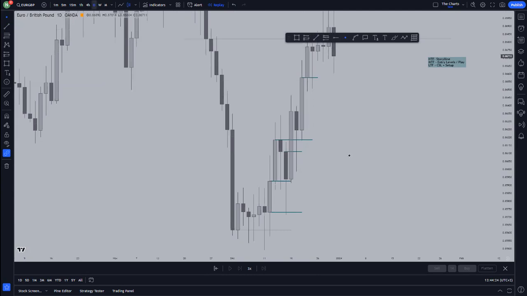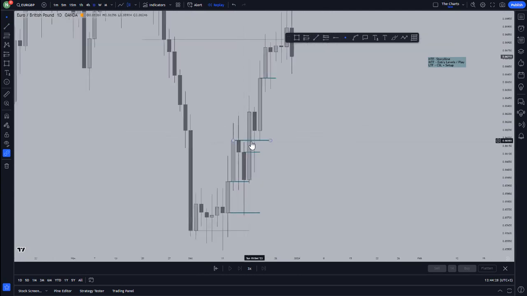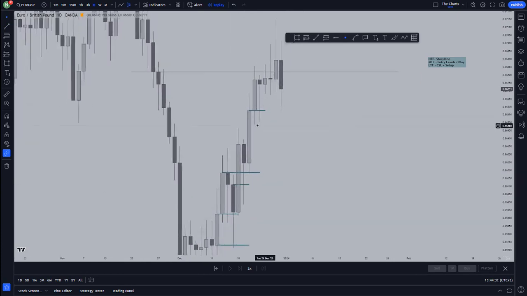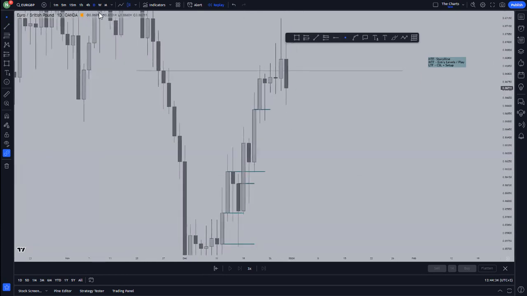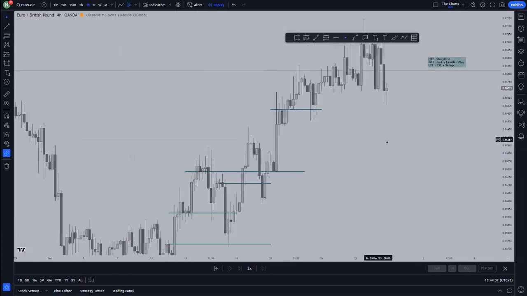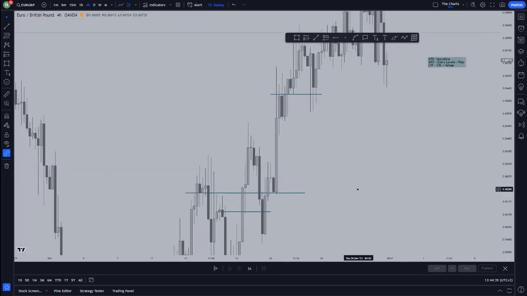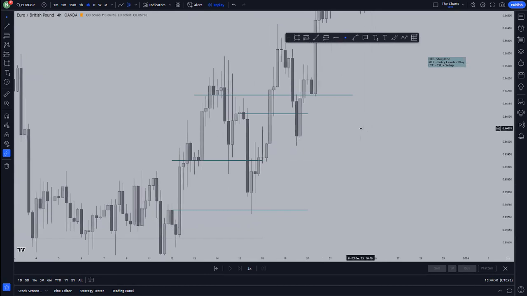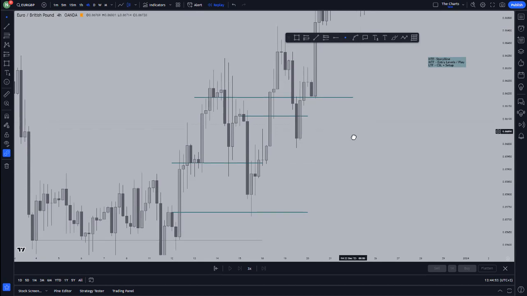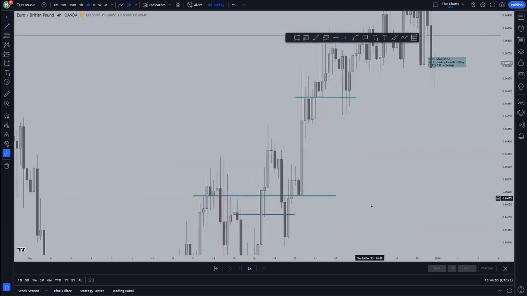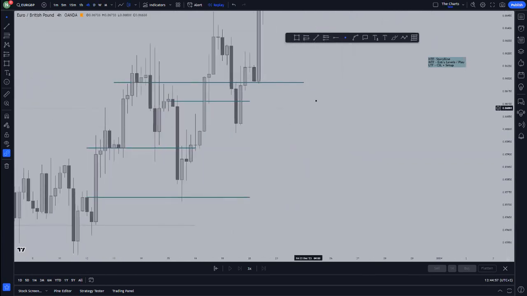But now we want to filter out levels just like this one right here. We want to filter out levels that are not going to give us some good reactions. Here, the way we're going to filter out these levels, very good. That's why I'm in love with the market, that's why I'm in love with the process of learning and trying to understand what's going on in the market. It's just because you would identify levels just like this right here.